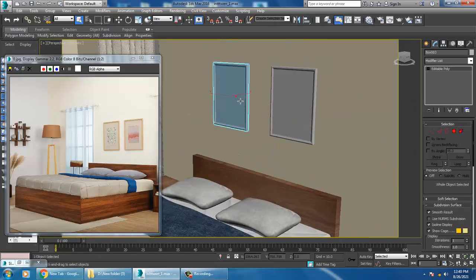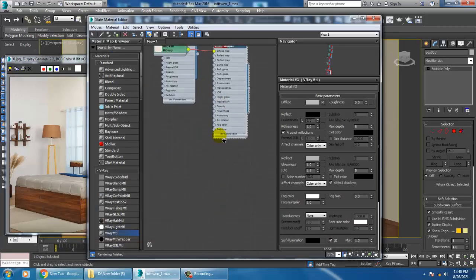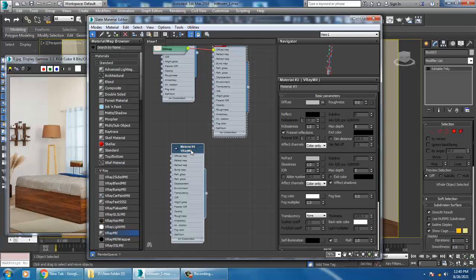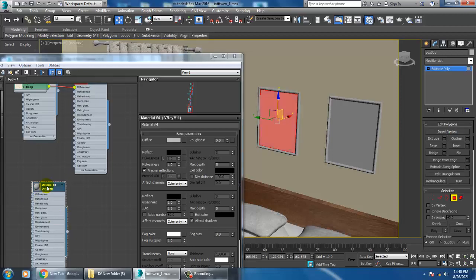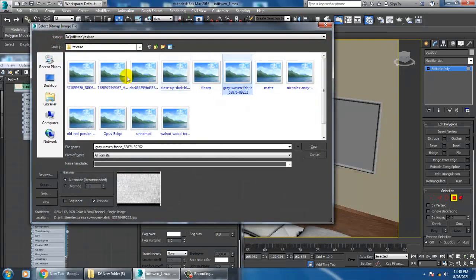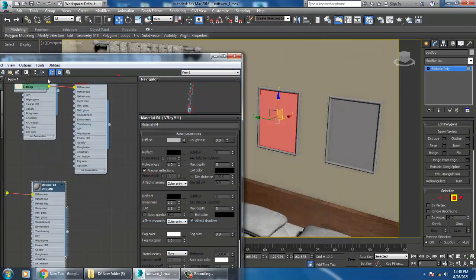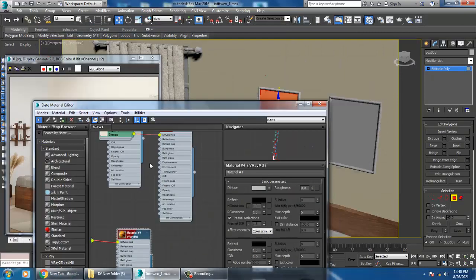Select this frame, go into the material, take a V-Ray material again. Before we add over here, I'll select this box, go into the material bitmap, and I have taken some texture over here. Let's just assign that.